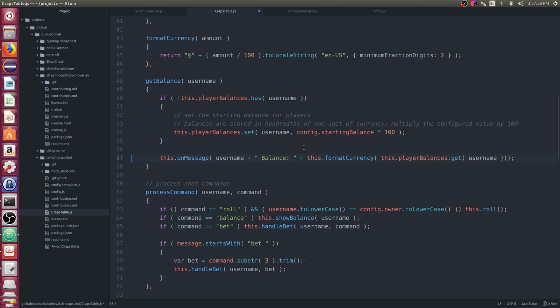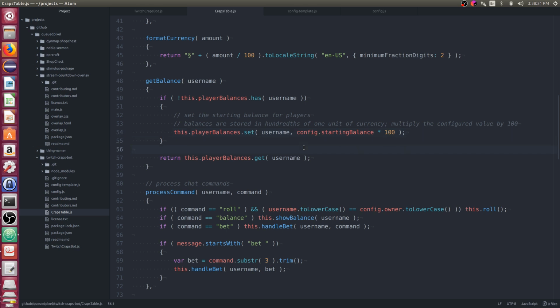All right, so instead of printing out this, we're going to just return this player balances get based on username. So we have this logic set up in one spot to check to see if they exist in our balances map. If they don't, we add them.